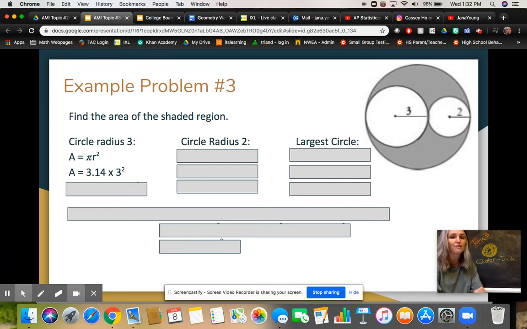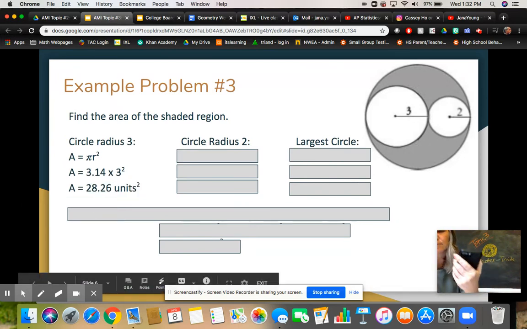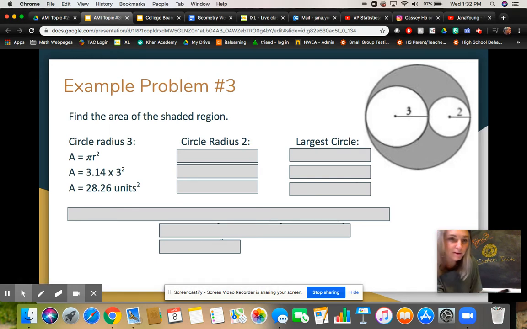So if you're doing this on your phone, the way that I would do it is I would type 3.14 times 9, and then I would just hit times 9 again, and that would give me what should be the answer. You guys, I'm struggling. I think I had something in my calculator when I started. Let me try again. And I kind of knew that was too big, like 9 times 3 is 27, and 27 times 3 is